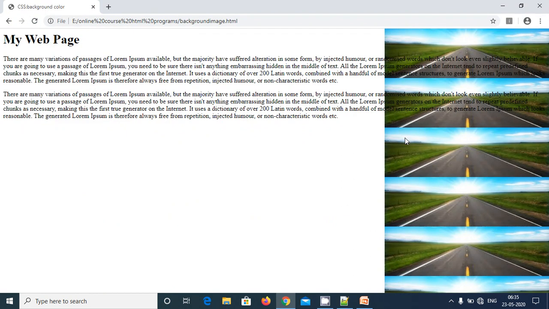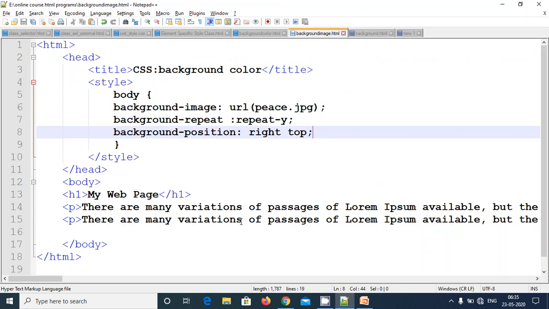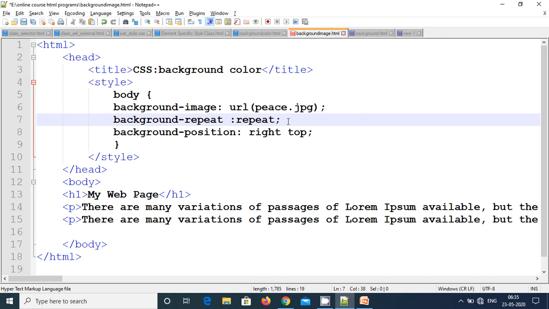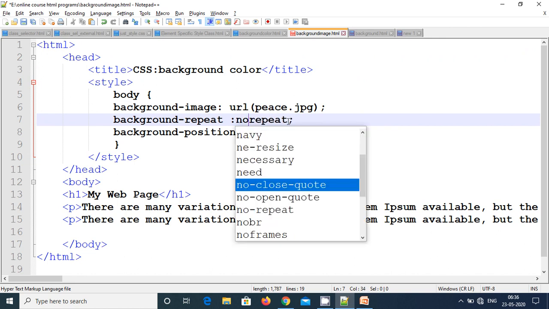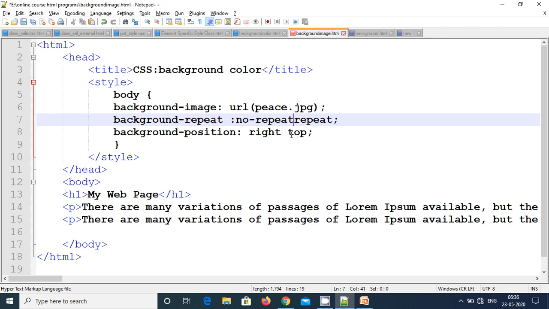Yeah, here you can make out it's appearing in the right top. Since we have given repeat-y, it's appearing like that. In case I give no repeat and then right top, let's see how it appears.